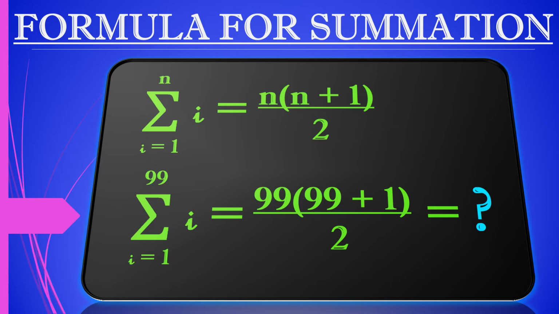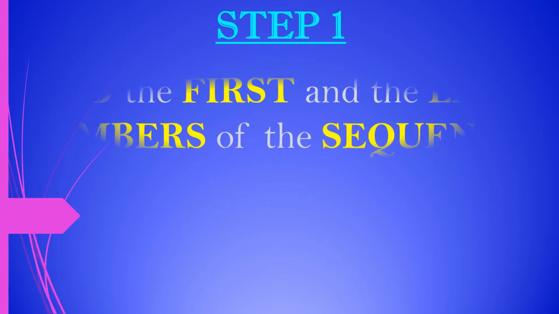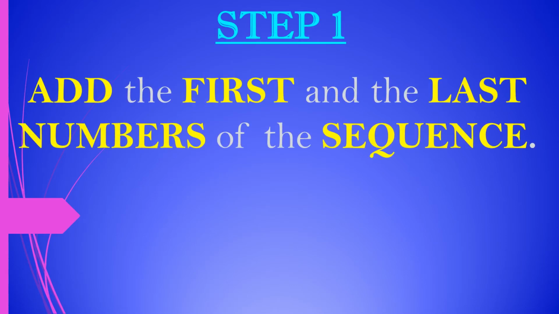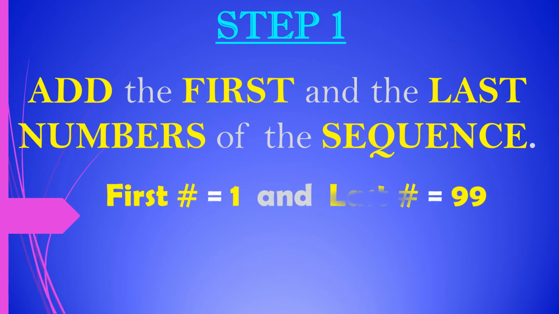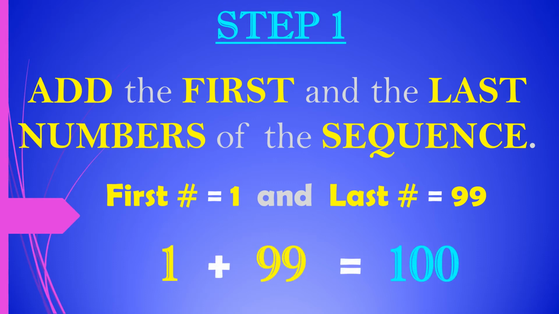Let's progress to the initial step of our endeavor to computing the sum of the sequence of numbers extending from 1 to 99 inclusive in under 30 seconds. The initial step involves adding the first number and the last number of the sequence. The first number of the sequence is 1 and the last number of the sequence is 99. Hence, the sum of the first number and the last number of the sequence extending from 1 to 99 inclusive